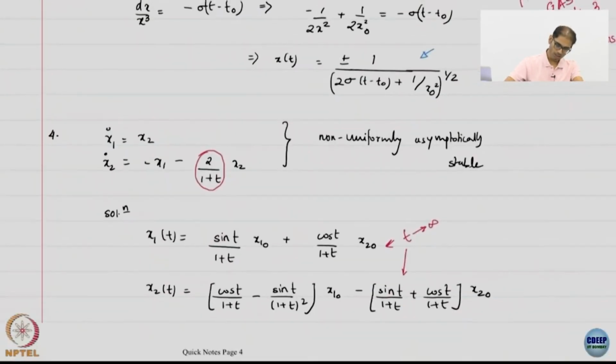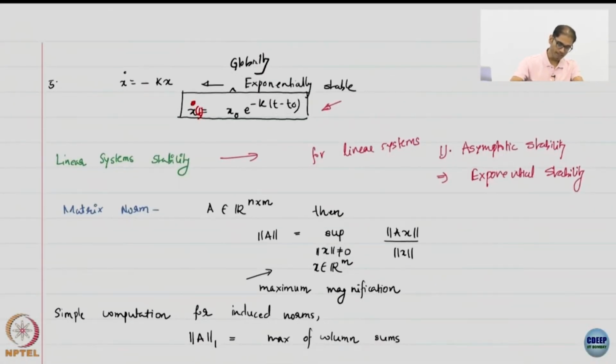Okay. Good. This is one of the simplest examples, of course. This is the global exponential stability. This is a linear system. Like I said, for a linear time invariant system especially, any stability is exponential stability, nothing less than that. Speed, whatever, very fast. But again, for linear time varying systems, that may not be the case. So it's a very fragile sort of thing which works only for linear systems and not more.